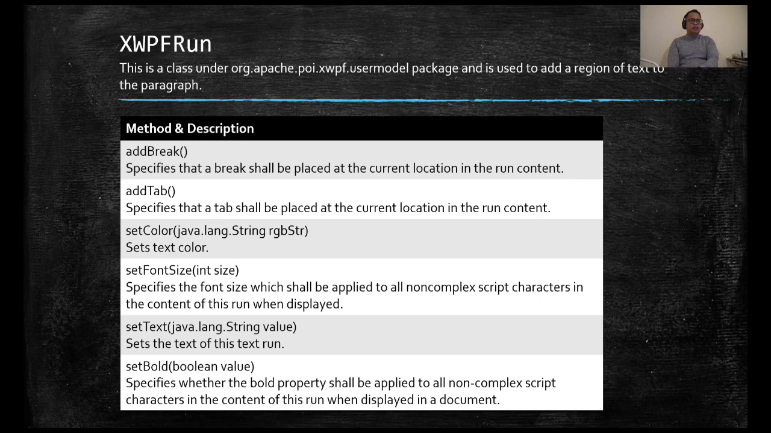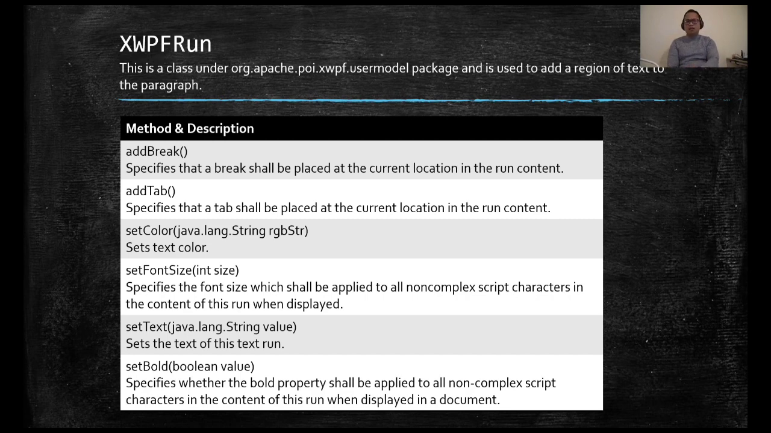XWPF run. So this is used to add a region of text to a paragraph. Look at this method, the add break, similar to inserting a page break in Microsoft Word. And you can also use the add tab button to add a tab for a specific sentence in a paragraph. And as you can see, you can also use some other methods to format the look of your Microsoft Word,